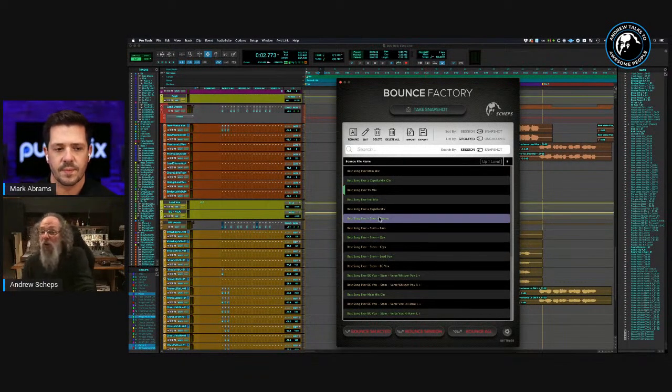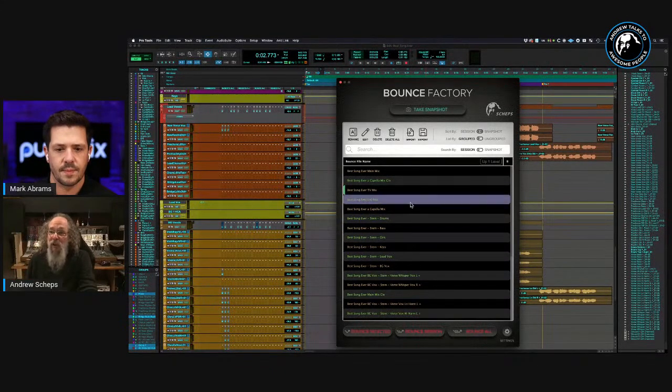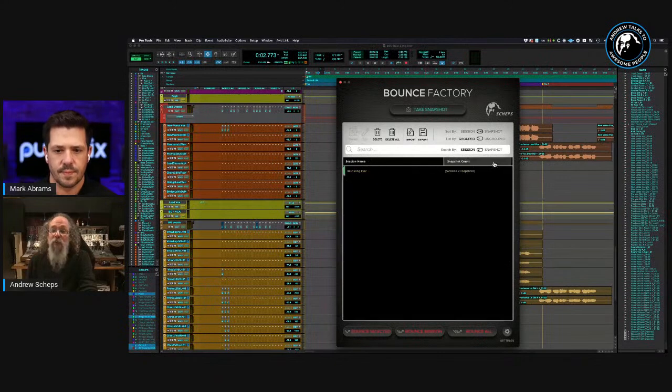I would need to mix, I need to bounce all of those at once. So the process would be exactly what I just did in this session. Then I close and save this session, open up the next song, do exactly the same thing. And this list will just get bigger and bigger and bigger. And when you go up to the top level, when it's grouped, you'll just have a line here for every